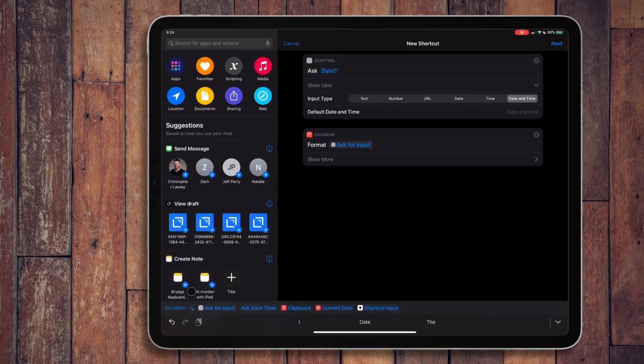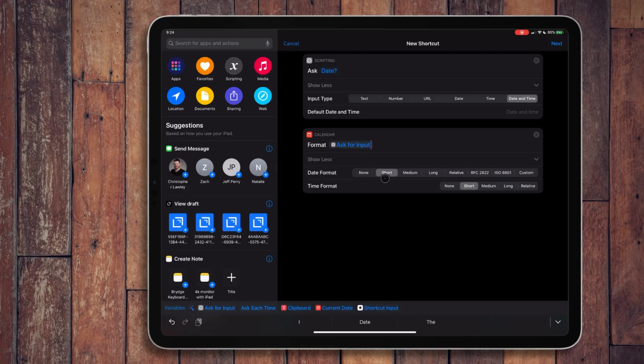If you're coming from iOS 12 and you do use the get variable action, there is a migration utility, so all your stuff will get migrated and updated in the background. You don't have to do anything. It works really well. We're going to hit the show more right here, and we are going to create a